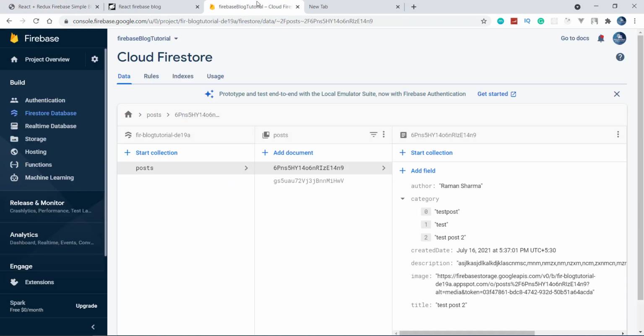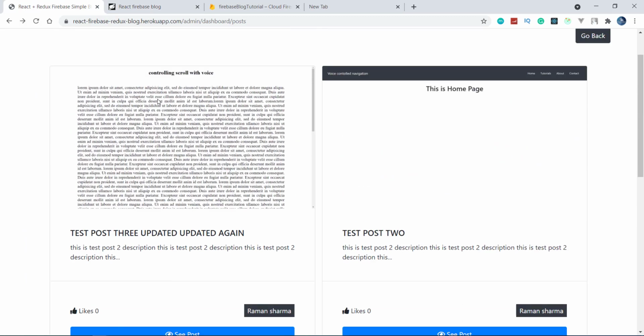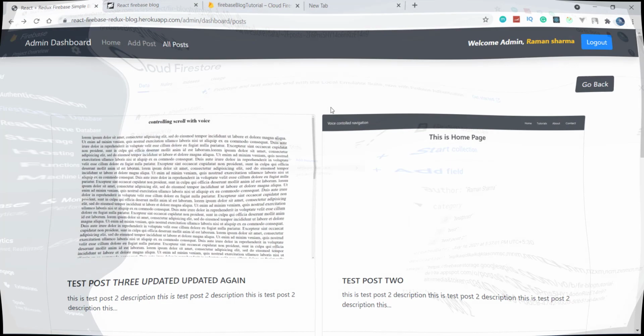So it is clear that it needs a comments field, and its value is an array. Here we haven't created any comments field, so first of all we will create the comments field. We will delete all these posts, add the comments field, and then fetch our posts and add them here. So now, without wasting any time, let's start.